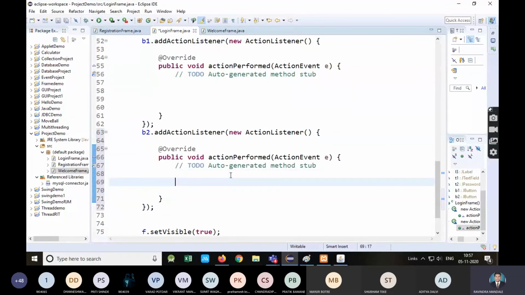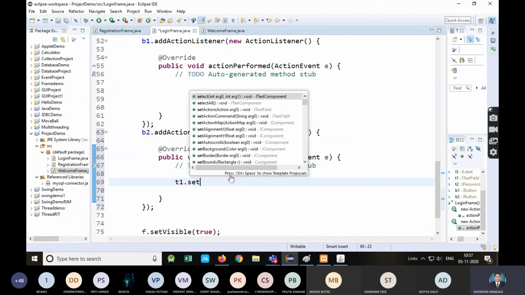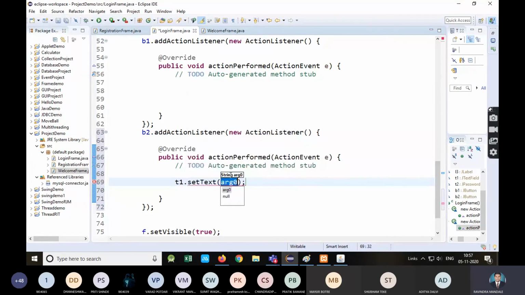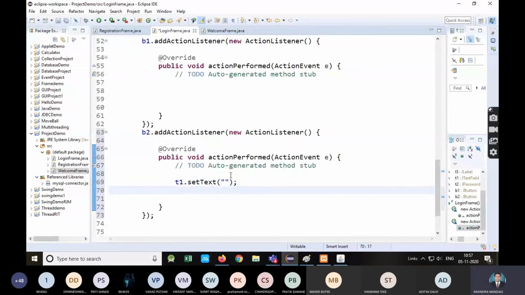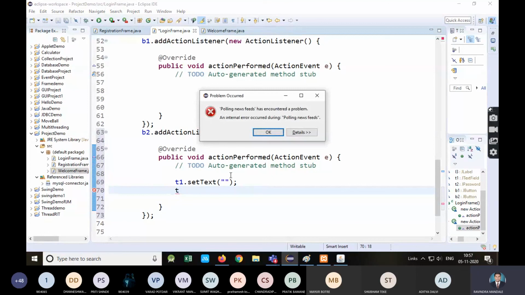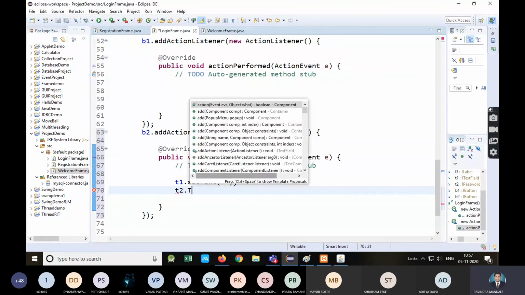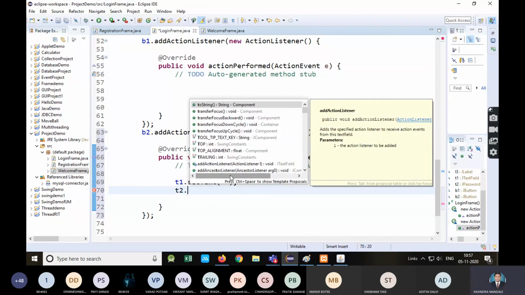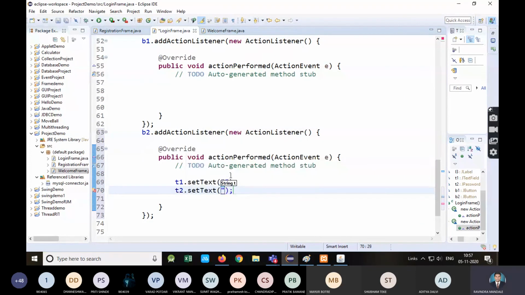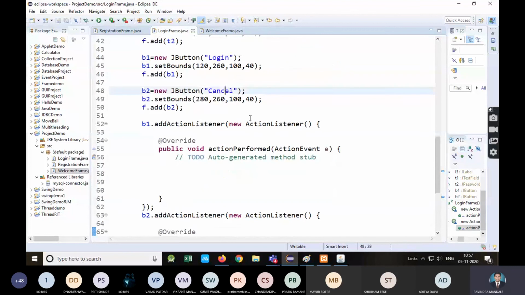T1 dot set text, I will just clear that and keep it empty, and T2 dot set text empty. T2 means what? Cancel button, or you can name it clear or reset. It is better to have cancel.